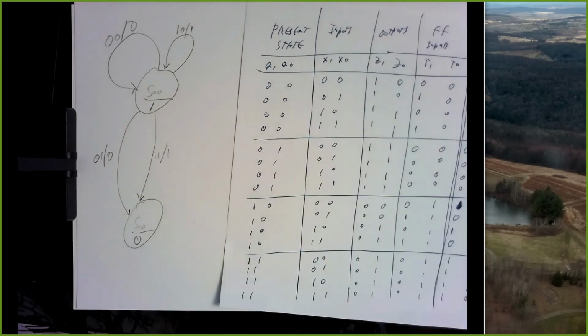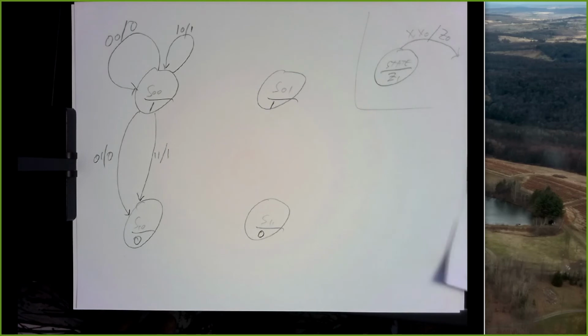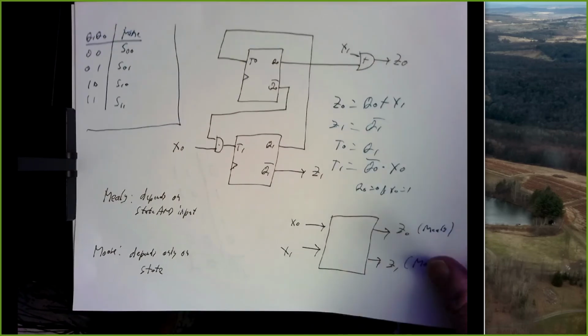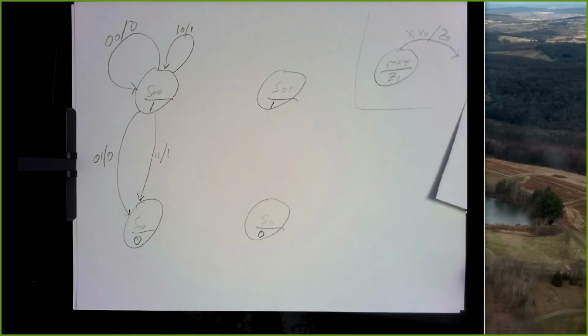And so you would do this for all remaining 12 rows and you'll end up with a diagram. And this is a random circuit I just made up, so I don't think it's going to do anything particularly interesting. But that's the procedure for making the diagram.